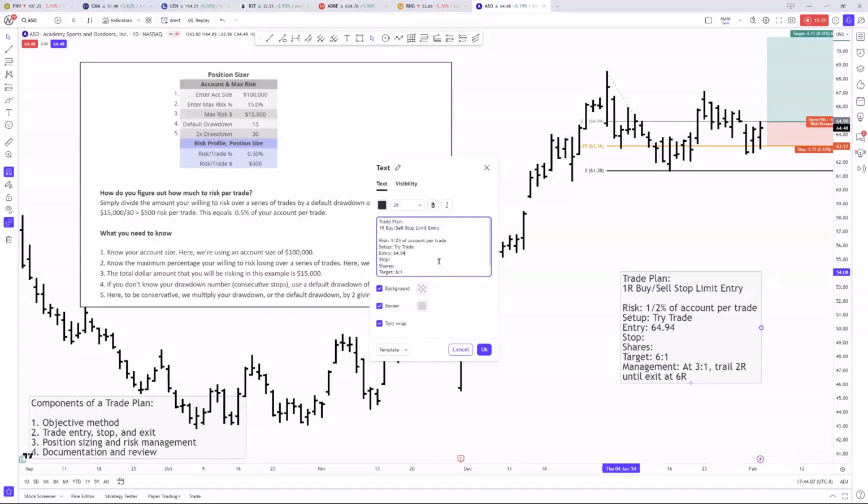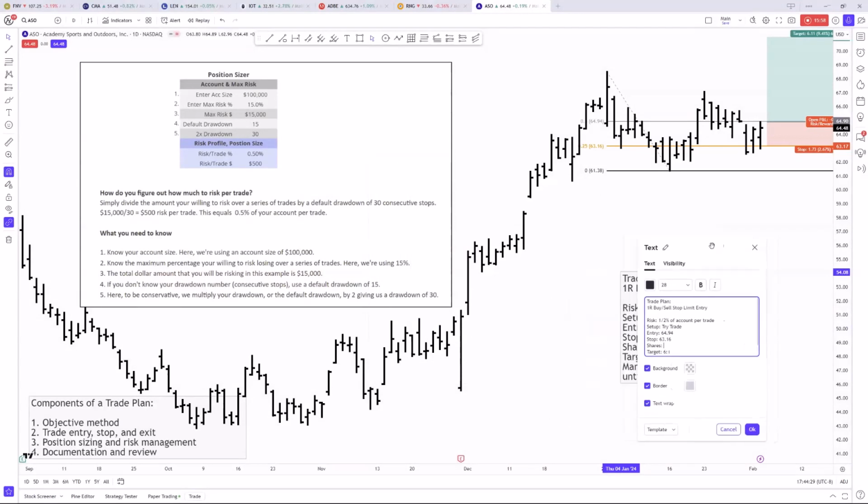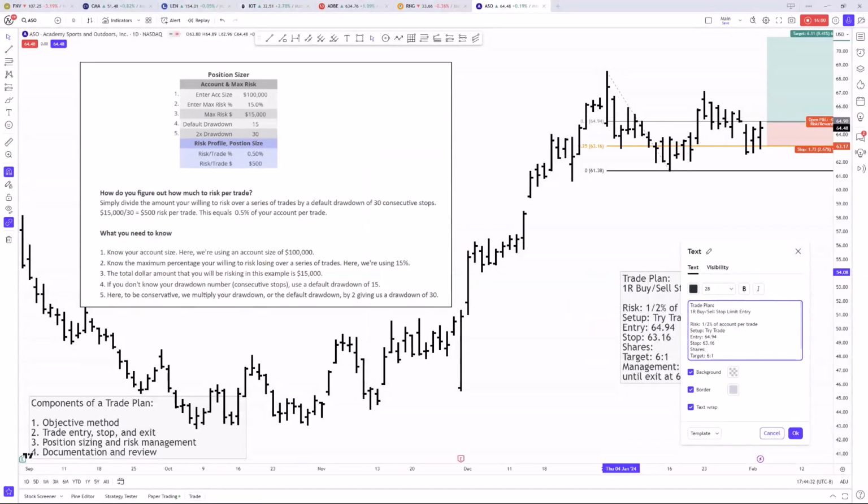And then you get used to this routine. You don't even have to think about it. And you're setting really good foundations for yourself. My stop is going to be 63.16. Now, if I do this consistently over time, and let's say I keep getting barely ticked out, then I'll learn, all right, maybe I need to make a plan where my stop's a little bit bigger. But if I don't do it consistently, I'm going to have a hard time learning.